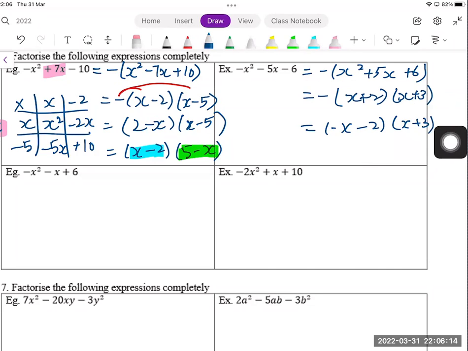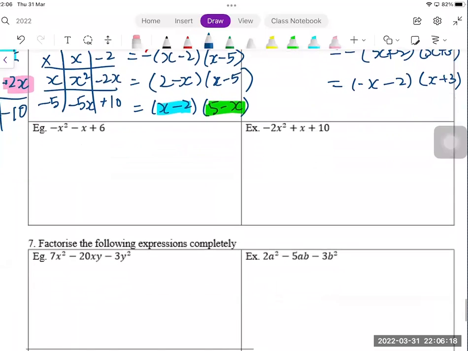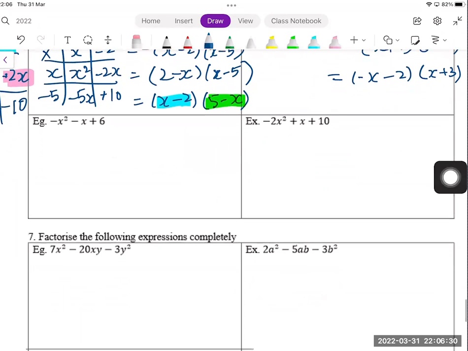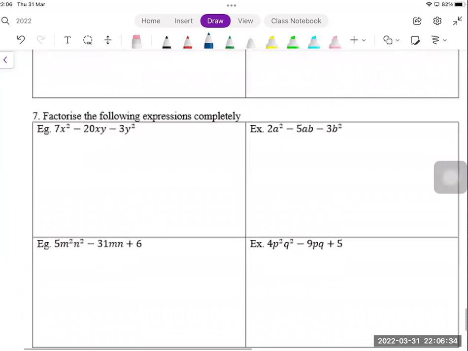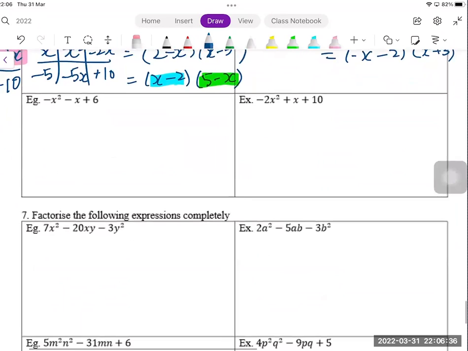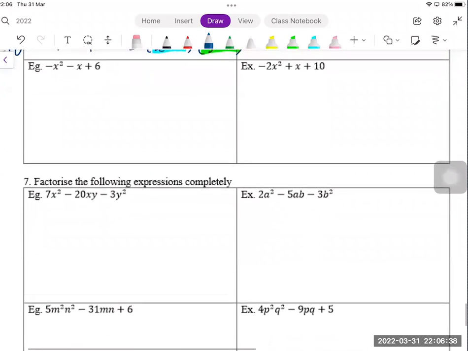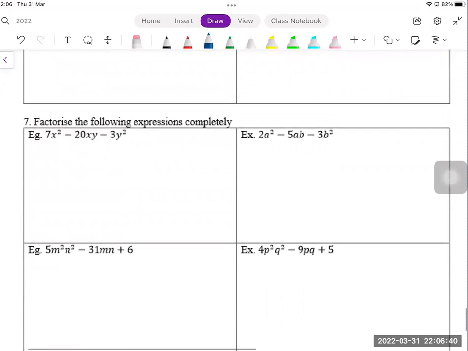Okay. So with that, actually this is just two more practices of more or less the same thing. I will skip this because you just need to factorize out the negative, then everything else is the same as what we have been doing on top, correct? Okay, then for this last part,